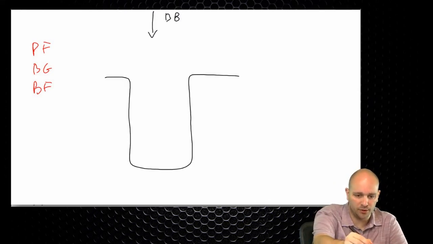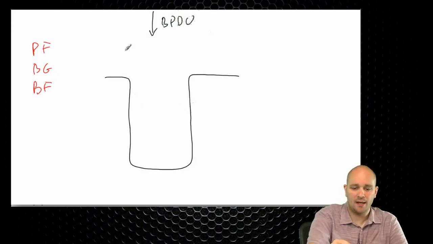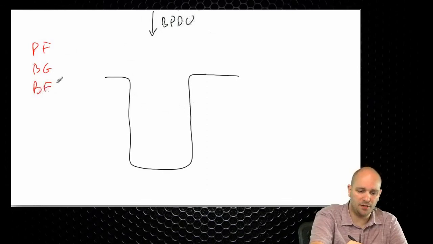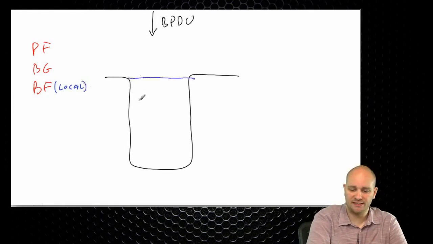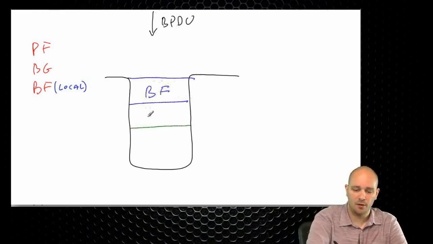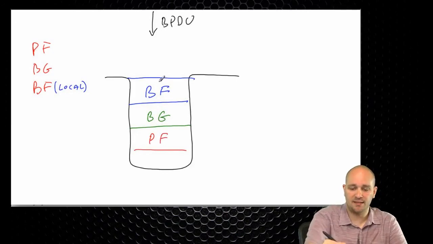If we are dealing with BPDU filter local, that means per port, the first feature that sits on this port will be the BPDU filter. The next feature that sits right behind the BPDU filter will be the BPDU guard, and then we have Portfast here, which means that the incoming BPDU will actually hit the filter,